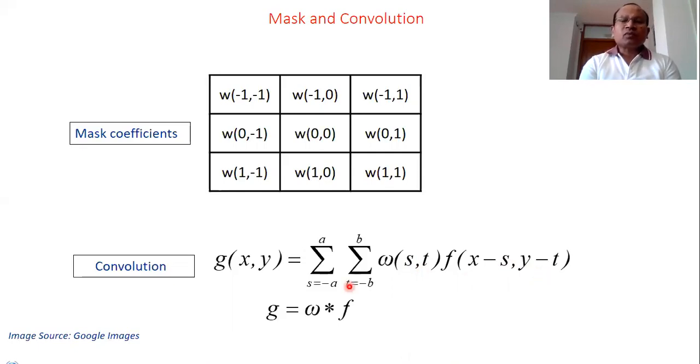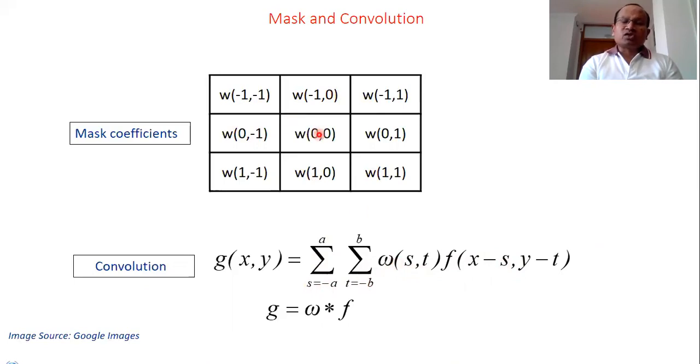Now we can change the values of S and T. We can see here S and T are from -1 to 1. If you see the w(s,t) function here, they are extending from -1 to 1. And accordingly, all possible values, right? If you put S and T both 0, 0, you will get f(x,y) at the 0, 0 position, so it's not changing.